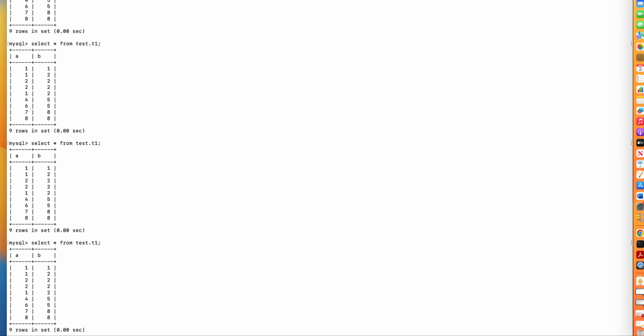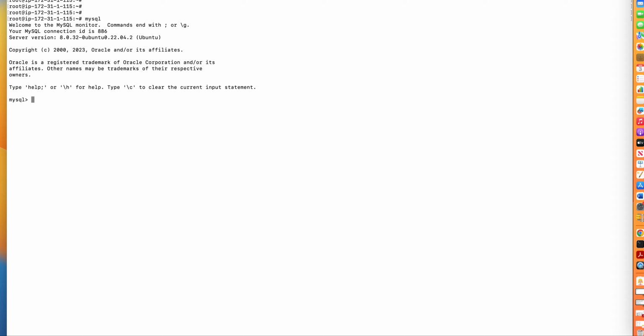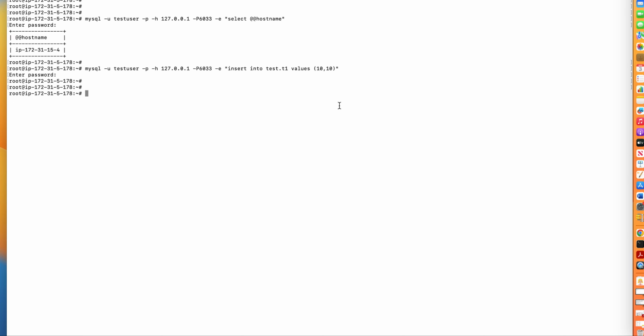Yes, this is there. So this is also 1010, right? Okay, so we saw the read write split. When using the test user, we are able to insert data, and when we are trying to use test user 1, like we saw some time back,